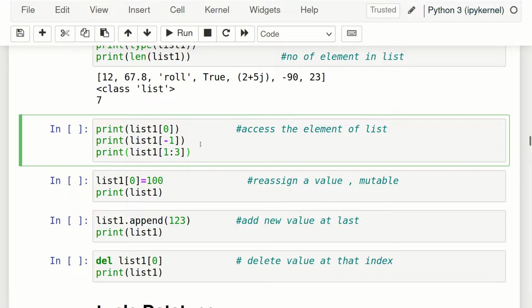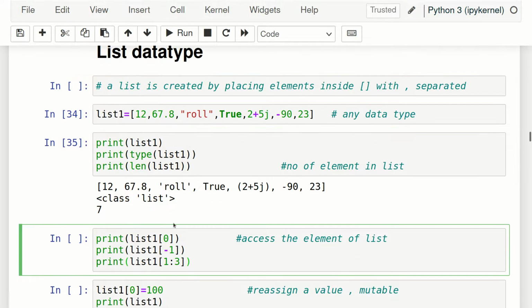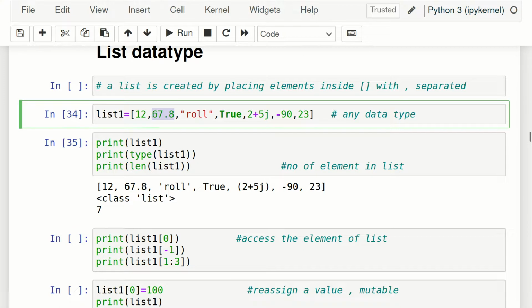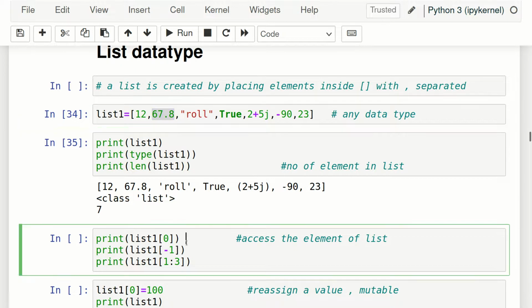Now 1:3, what should it give? This is the slicing. I am saying to start from index 1, and indexing starts from 0. So index 1 is this one, and go up to 3, 0 1 2 3, but the last will not be included, so up to 2 only, and one step at a time. So this and then this. Let me run this.